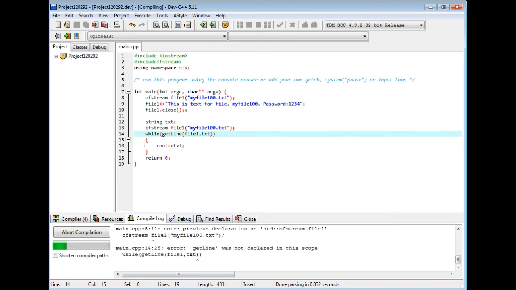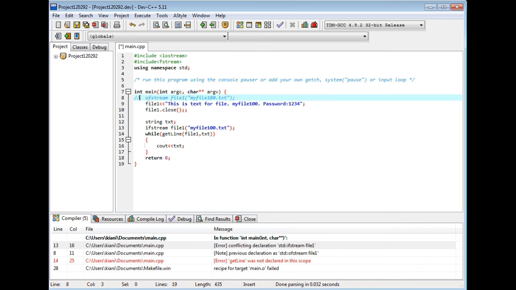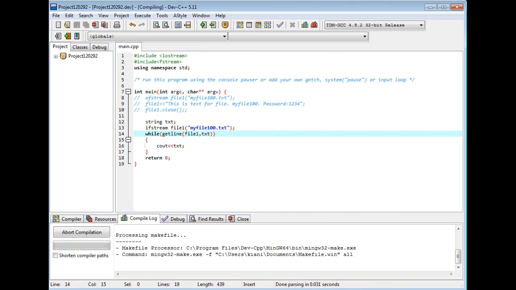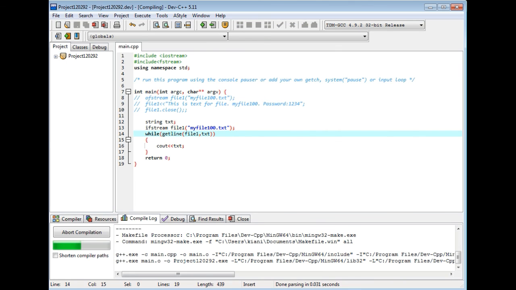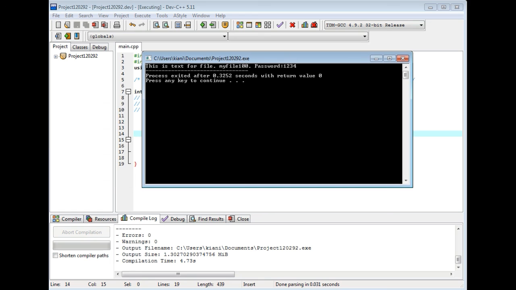Let's see, conflicting declaration of file1. Let's close this and now run this. This is getline. You see, now I have read that file.